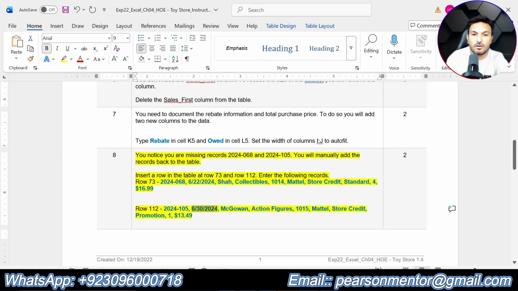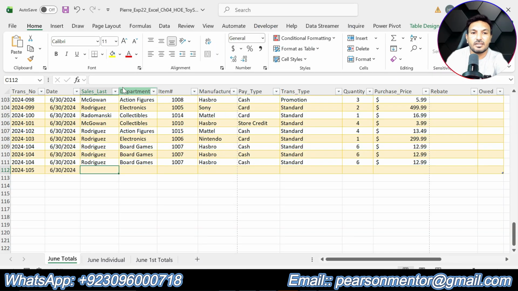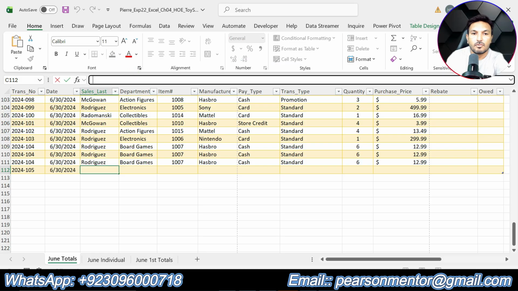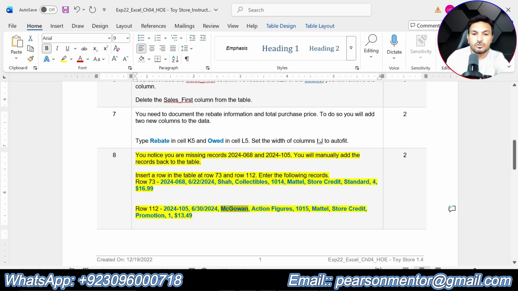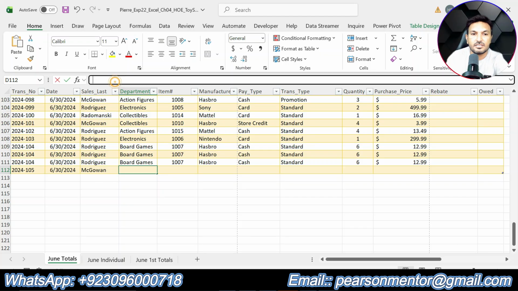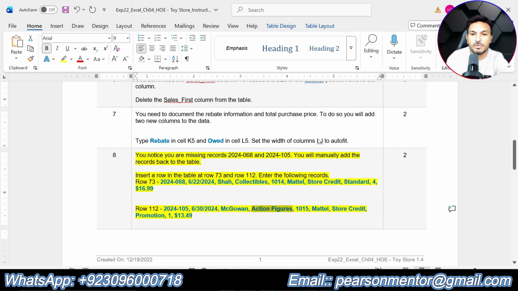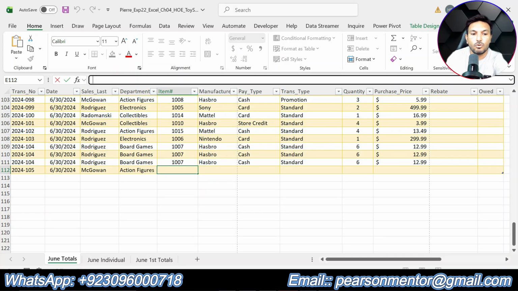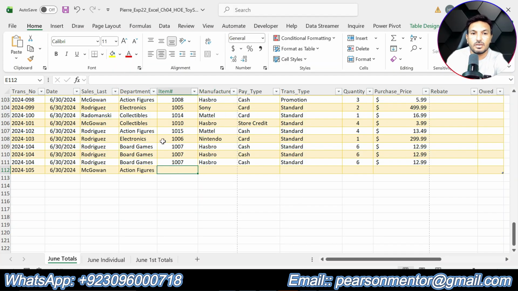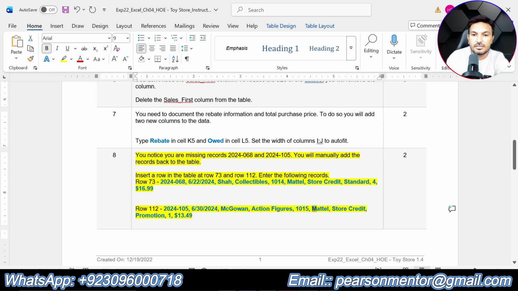So you can copy from here and you can paste into the table. Other way, you can simply type there as well. Okay, so I think copying and pasting is easy for you. So just copy from here and paste it in the worksheet at row 112. Okay, so then this one,